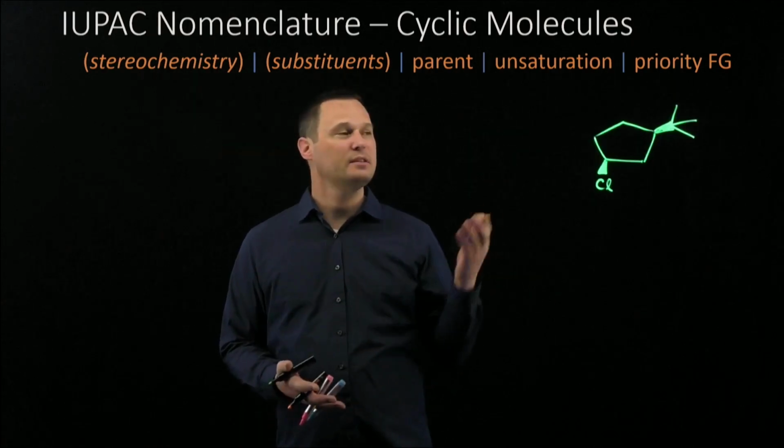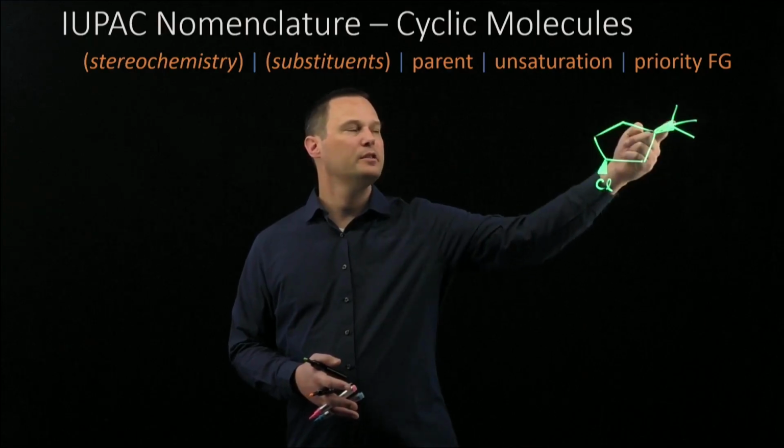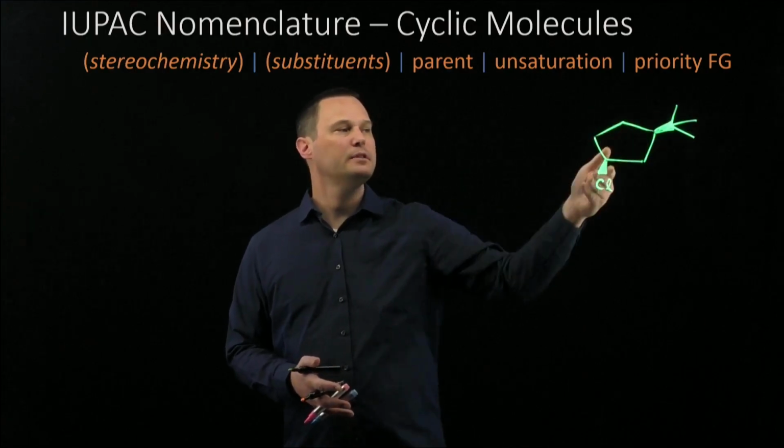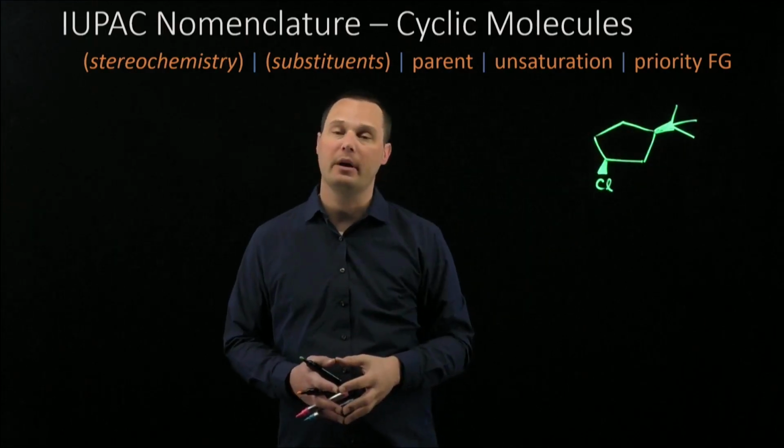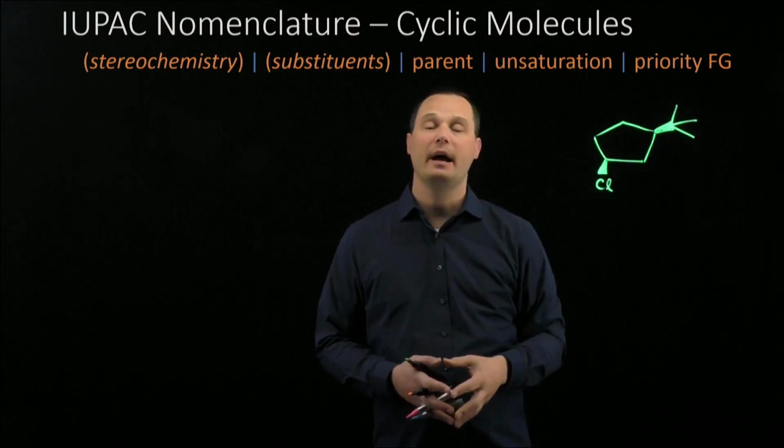The first task is to find the parent hydrocarbon. There are 5 carbons in the ring and 4 carbons in the substituent. The ring has more carbons and is more complicated, so the ring will be the parent hydrocarbon. The next step is to number the 5 carbons in the parent hydrocarbon to give the highest priority group the